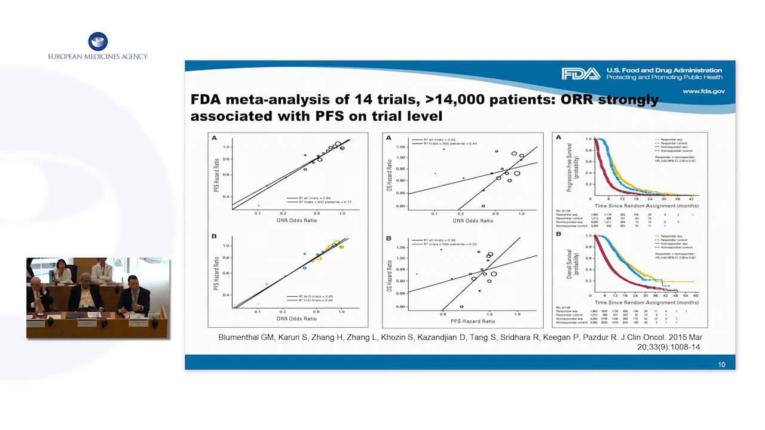We've also done sort of surrogacy analyses. This is one that we did in lung cancer, 14 trials, over 14,000 lives. And what we found was that response rate was strongly associated with progression-free survival, as you can see on the left, on a trial level. The middle panels actually show that response rate doesn't seem, on a trial level, to correlate with overall survival, nor does PFS. However, there are caveats there, including high rates of crossover, long post-progression survival, which may not enable detection